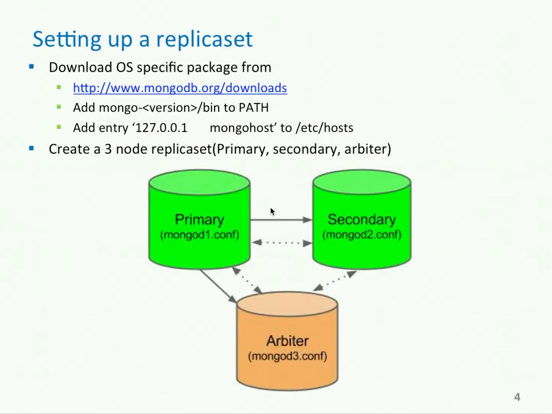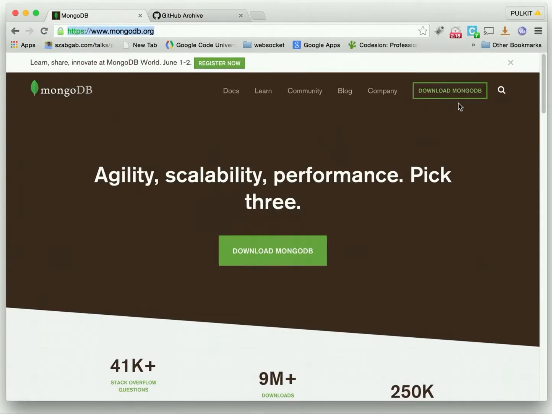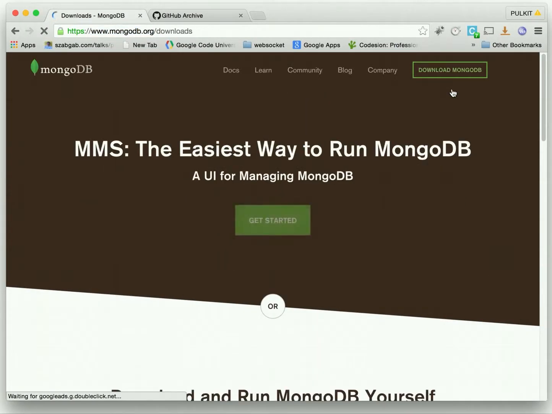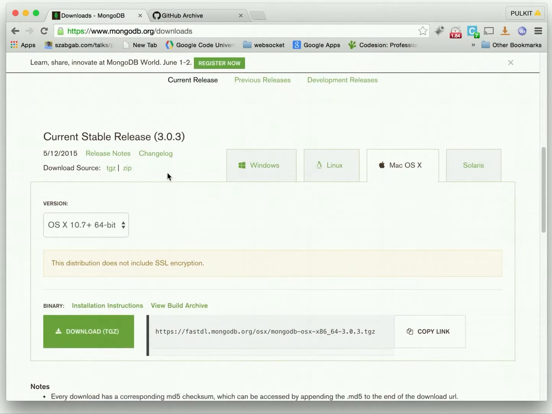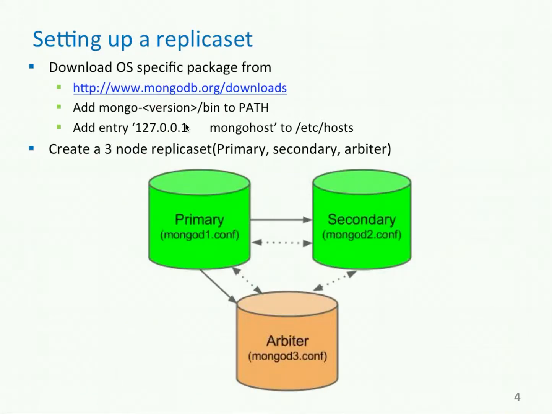Let us look at the steps needed for setting up a replica set. First of all, we need to go to the mongodb.org website and we click on download MongoDB. And we download the platform specific binaries from this website. We untar it, and what I have done is I add the path of the bin folder to my path environment variable,